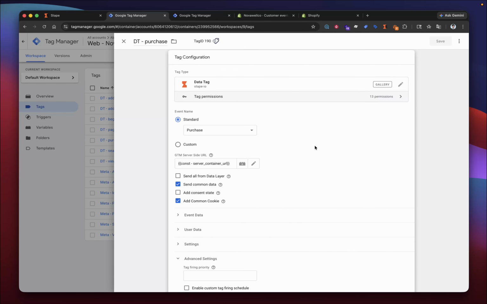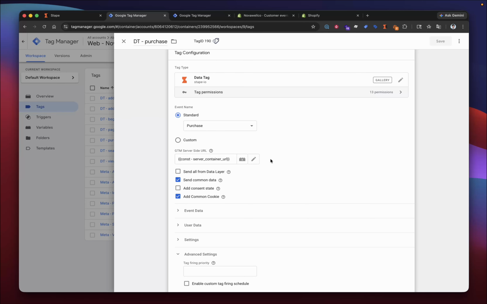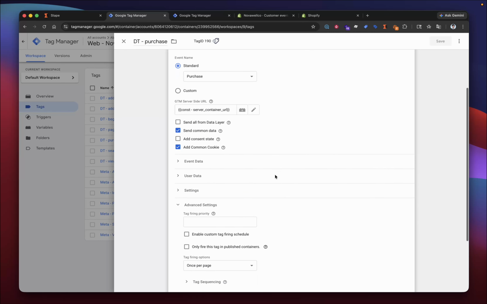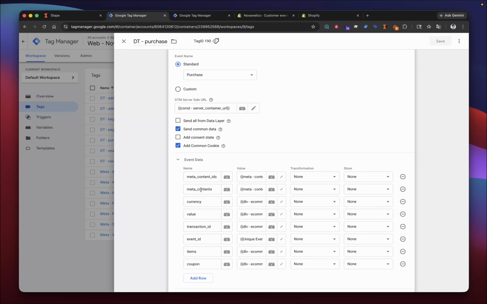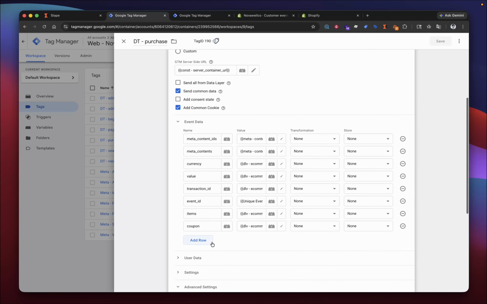In the data tag, the event name is standard purchase. The GTM server-side URL points to your custom subdomain. Add common cookie enabled. This helps with consistent user identification across sessions. Event data selection: Meta content IDs, Meta contents, currency, value, transaction ID, event ID, items, coupon, all mapped from data